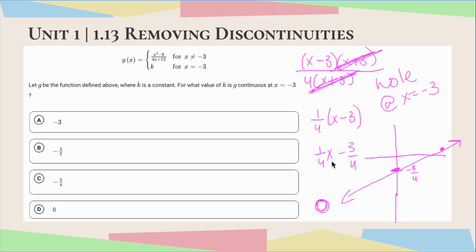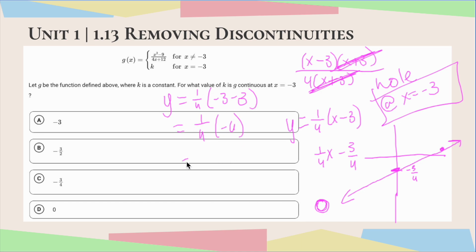In order to do that, I'm going to take this x value here, which is -3, and plug it into my equation here, and just see what I would get. So my output value, or my y value, would be 1/4 times -3 minus 3. All I did was plug in the x value of my hole into this function for x. So now let's simplify that. I'm going to get 1/4 of -6, which is the same as -6/4, or simplifying, -3/2,